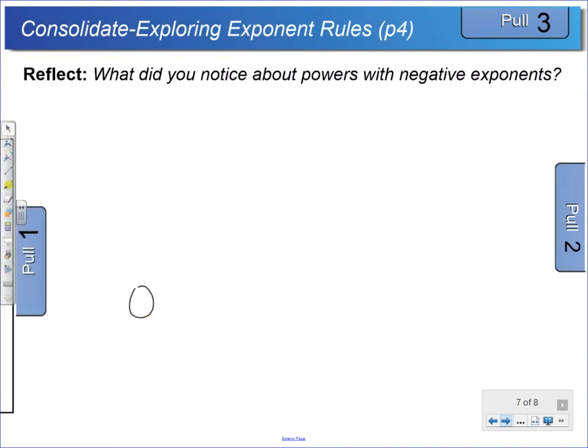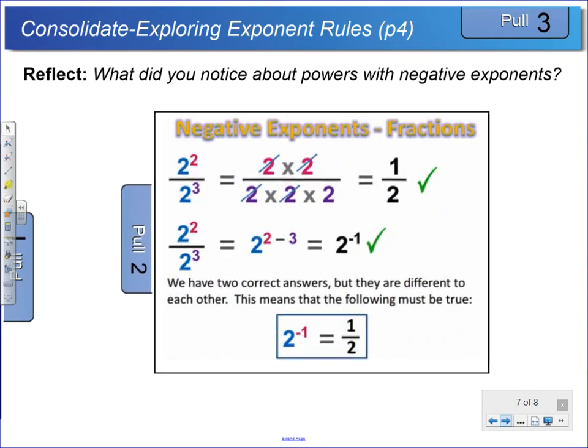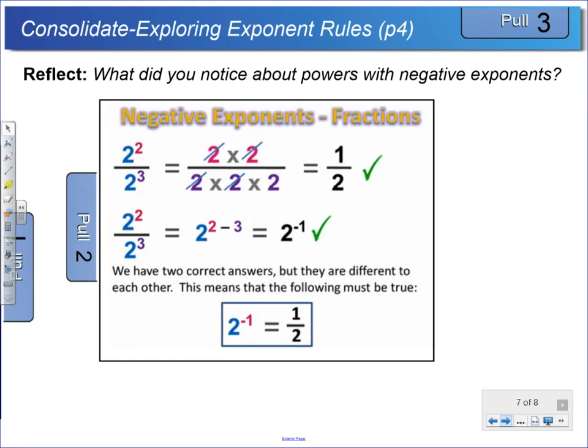Okay? Another way to look at it, besides patterning, we have a couple of ways to visualize this. The other way is to use a form of mathematical proof, by using a concrete example to justify what we're getting at. So similarly to the previous example, I'm taking a quotient, or a division question, of 2 powers of 2. I've expanded them out, as you can see here. And what happened is that 2 pairs of 2's have canceled out. One is divided into the other, leaving us with a numerator with a value of 1 and a denominator with